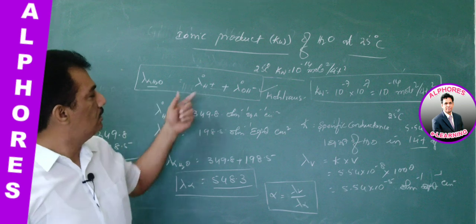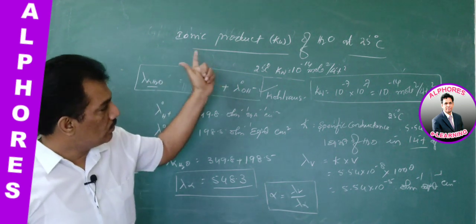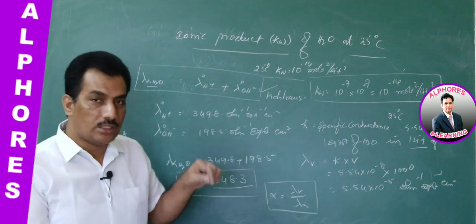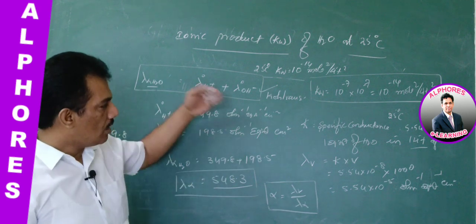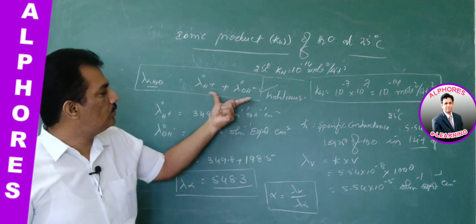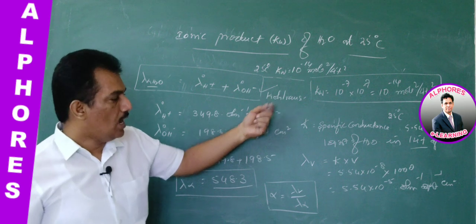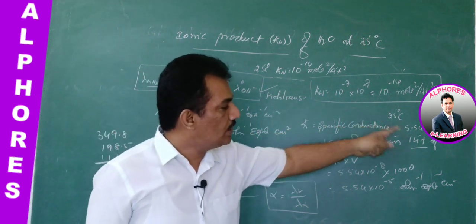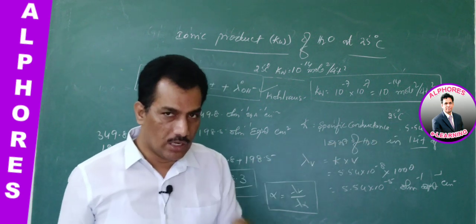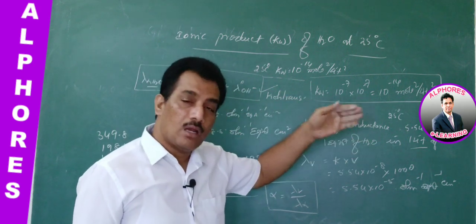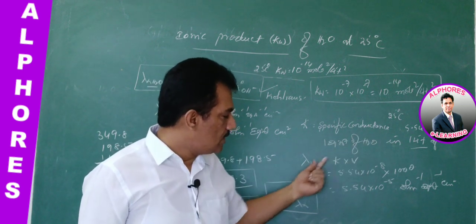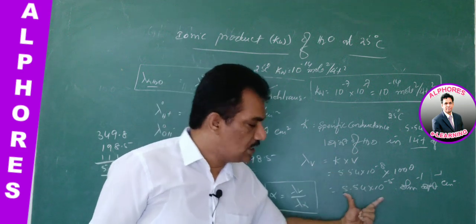Just remember, here we have to consider the ionic product of water, which is the product of concentrations of the ions that exist in the water. Here we are trying to prove it practically. In such a case, lambda infinite of H2O is found as per Kohlrausch law. Clear? And the specific conductance of water at 25 degrees centigrade is this much, and imaginarily we are making one equivalent weight of water present in 1 liter. Then at that particular concentration, the conductance of water is lambda V equal to kappa into V, and it gives this value.